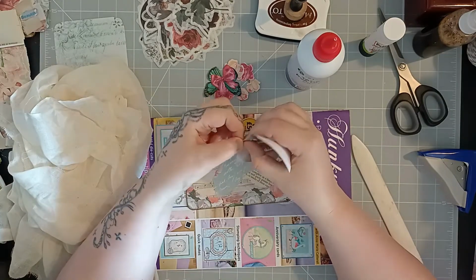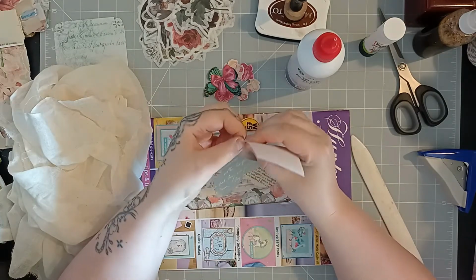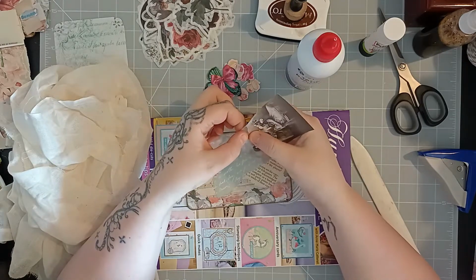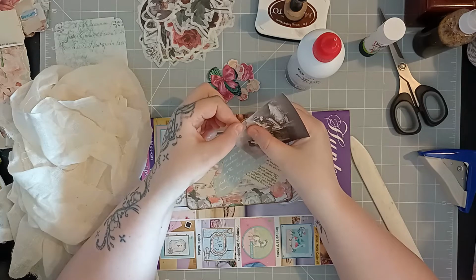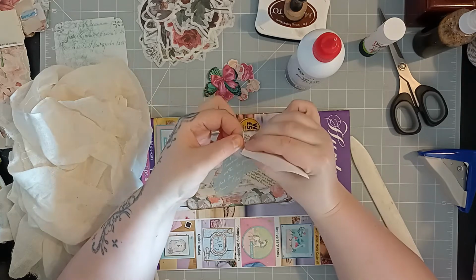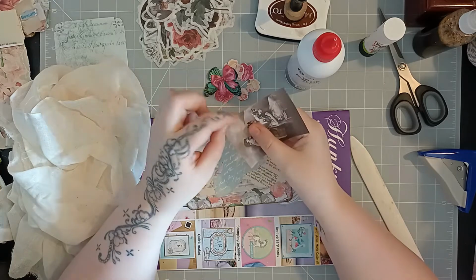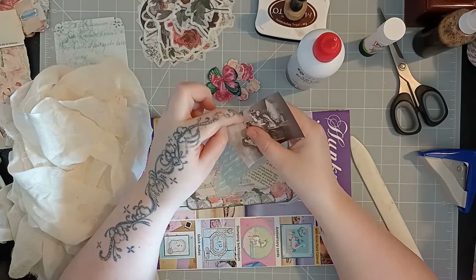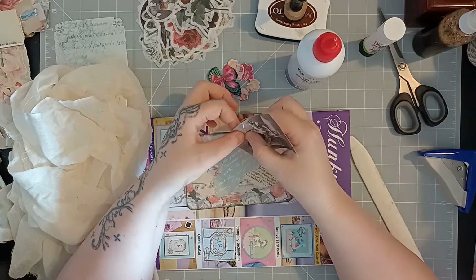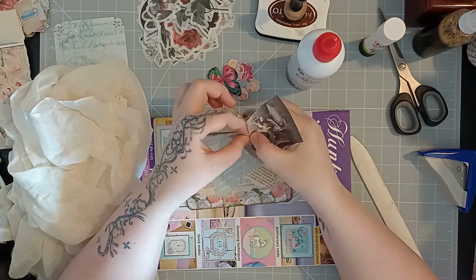So what I'm going to do is I'm going to tear around the edges. Now when you're tearing, one, you want to keep your thumbs close together, but two, if I tear left side down, right side up, you can see I don't get the white core of the paper showing. Whereas if I was to tear left side up, right side down,